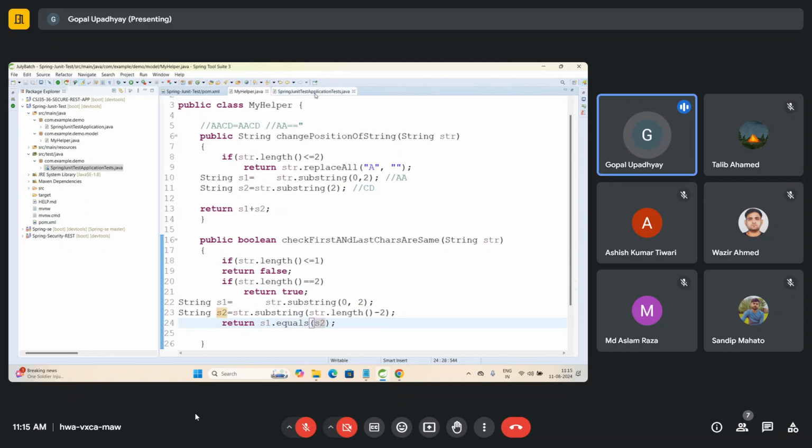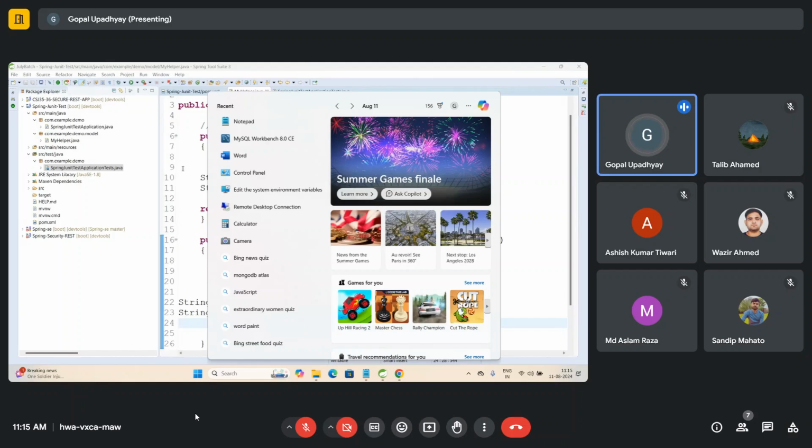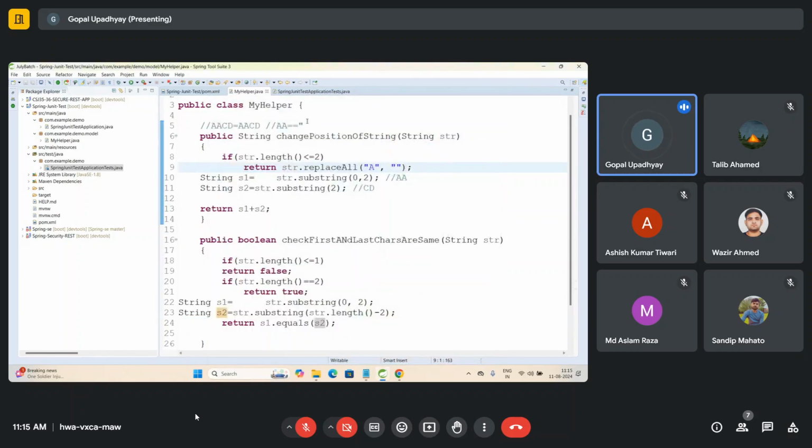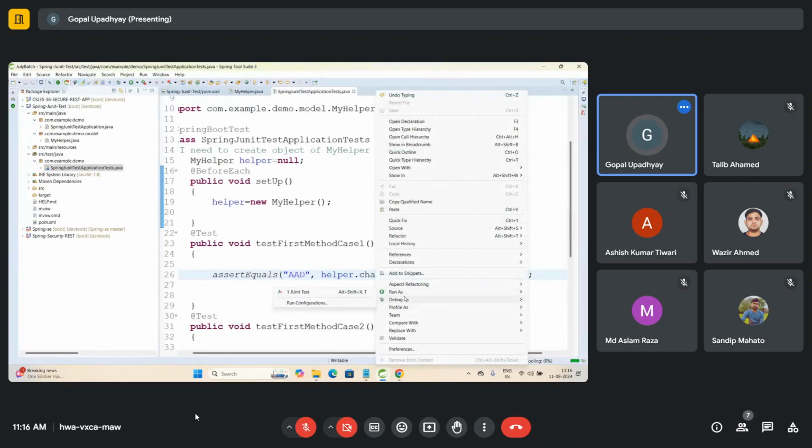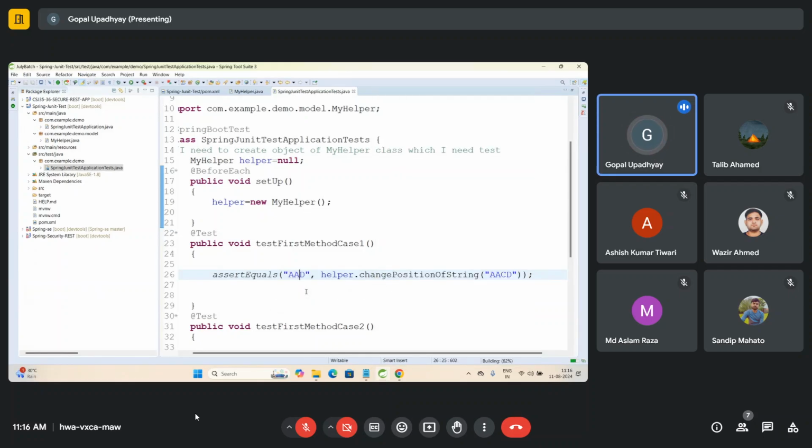If I change anything over here, let me come to the JUnit test case. Suppose I give assert equals AAD, and let me just run this JUnit test case. I've given the expected value as something different, and the actual value as something different. In that case,